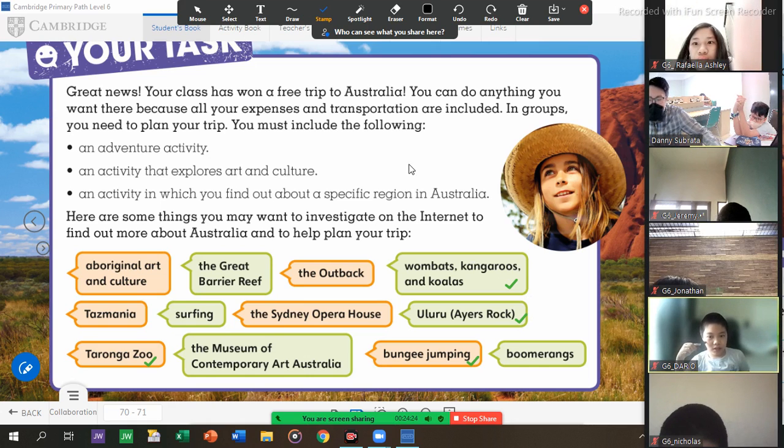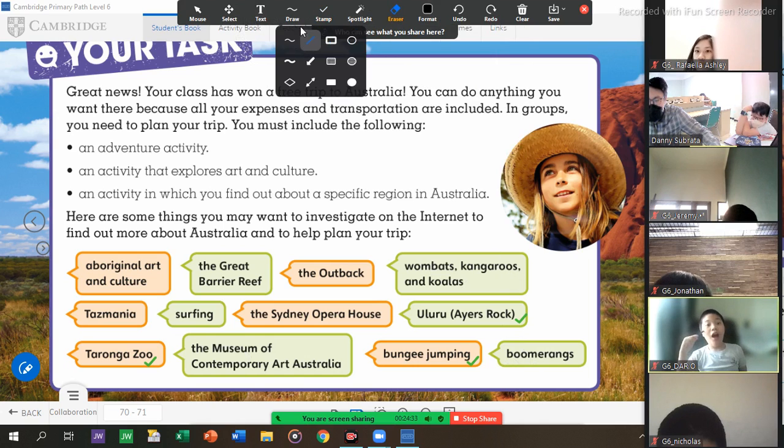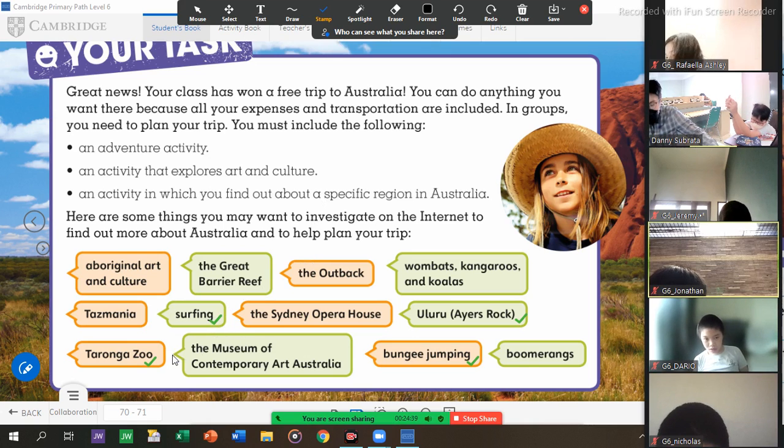That is a specific region. I'm sorry. So wombats, kangaroos, koalas, boomerang. It's a specific region, so we are not including that for the adventure first. We're still talking about adventures. Surfing. Okay, in adventure we have zoo, surfing, bungee jumping, Ayers Rock, and also Great Barrier Reef.